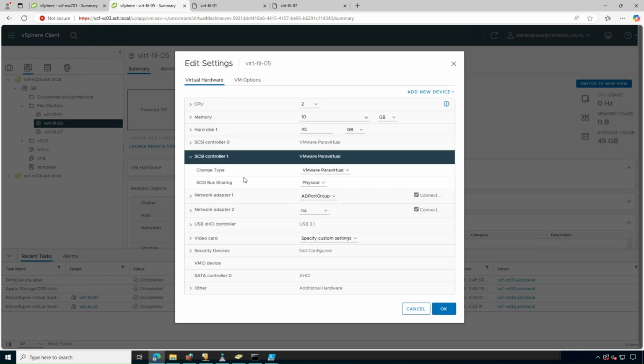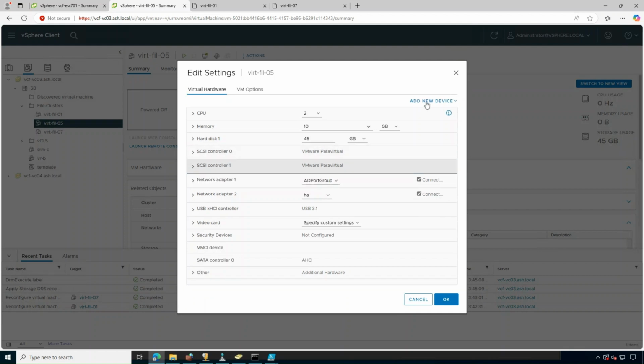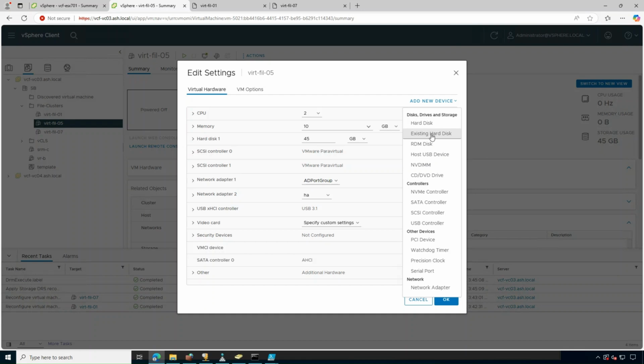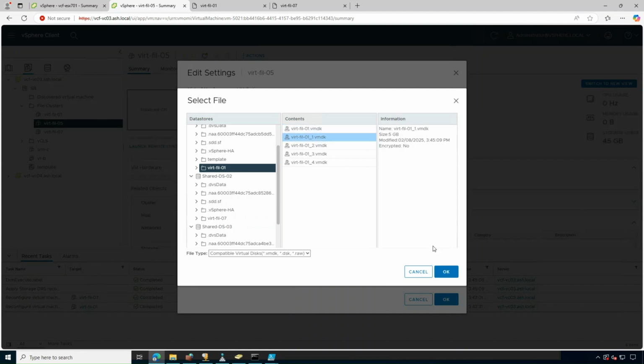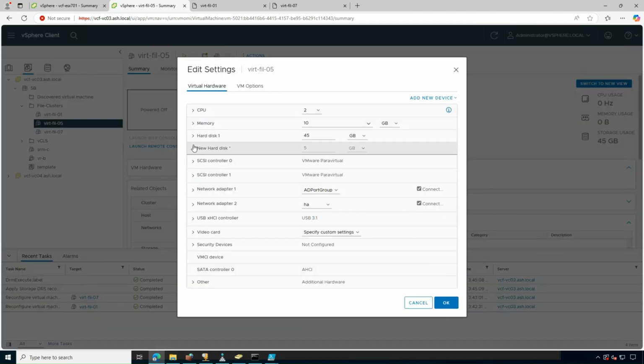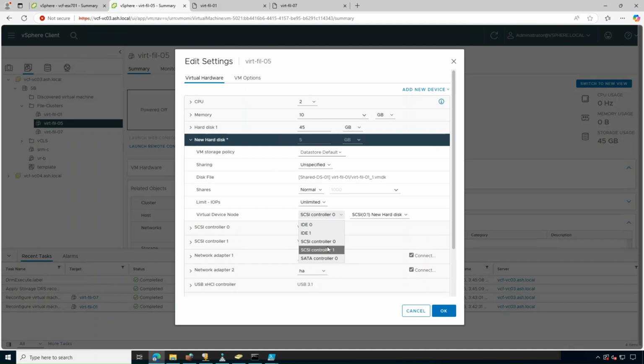I've already attached a SCSI controller here, which is set to physical mode. Now we'll go into edit settings and then click on existing hard disk. This time, what we can do is select this one. These are my files. So this is the first one, okay? And now I'm going to ensure this is set to SCSI controller 1 and this is set to